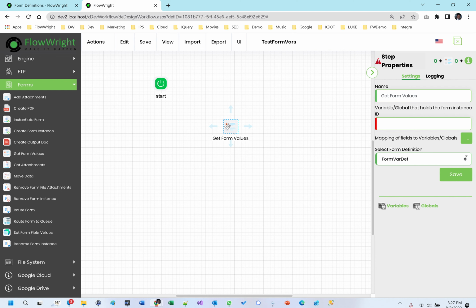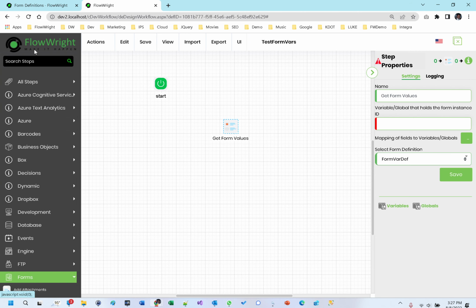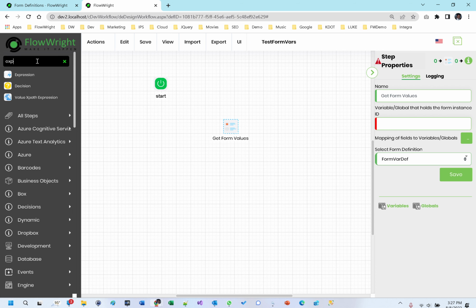What you can do is you can directly now use the form's field values directly in other steps. So, for example, let's say we want to take the value of product price and add another $100 to it and store it in a variable. So we are going to use that in an expression step. So if I search the expression step,